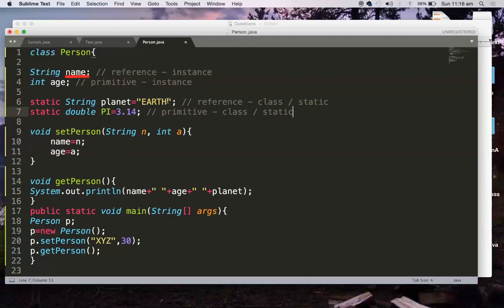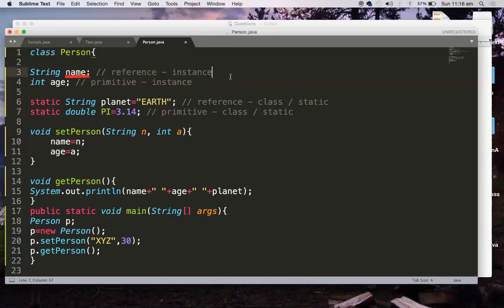So now your instance variables and your class variables can be reference type or primitive type. Generally we have two kinds of variables, primitive and reference. If any variable is of class type, that is a reference variable. If any variable is of primitive type, that is a primitive variable.